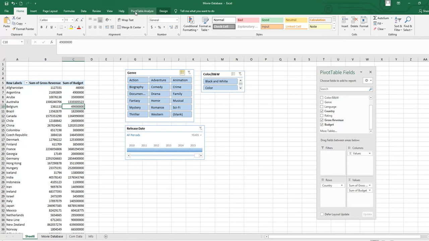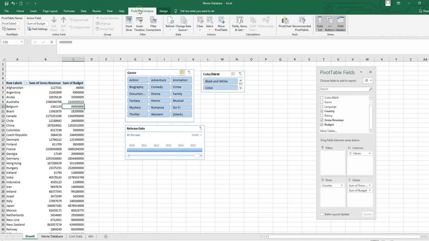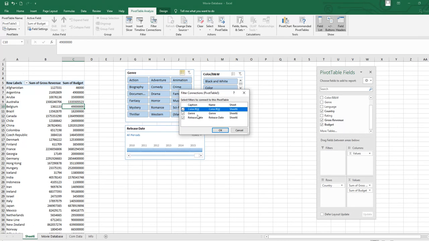So again, you have to go to the pivot table analyze tool. As I have told you, the third item was not highlighted at the time. It was not active. Now it is active. So click on it and you will see the check mark is here. It means all these 3 slicers and timeline are linked to each other. It is compulsory that you put a check mark here, otherwise you cannot perform the functions. Individually you can perform, but we want to link all these 3.